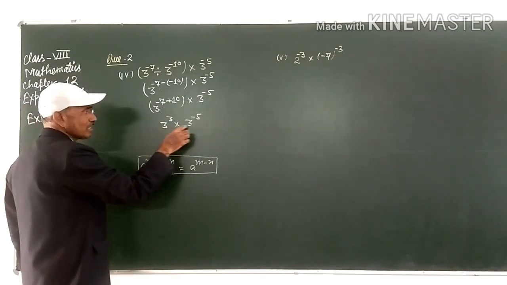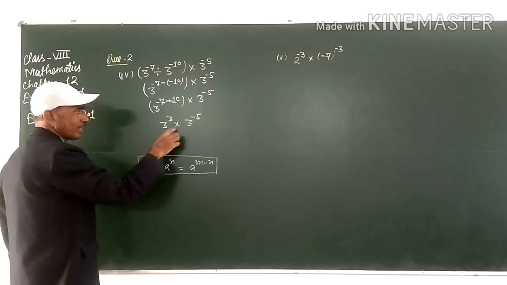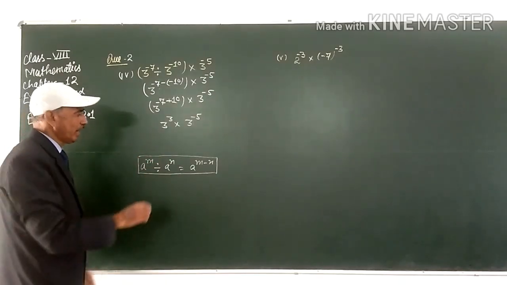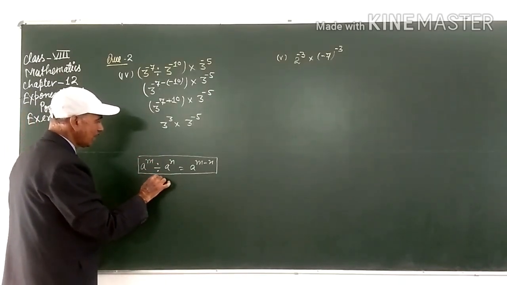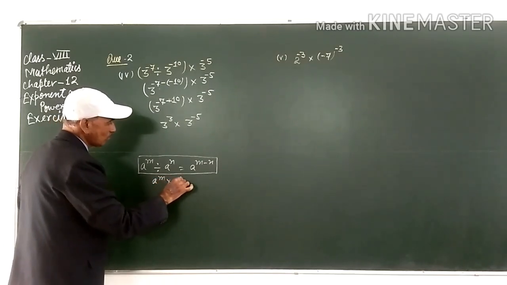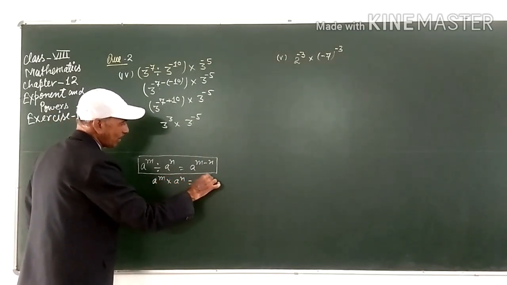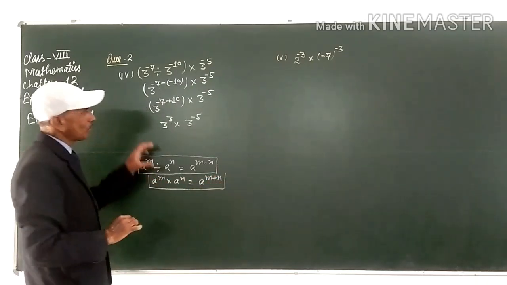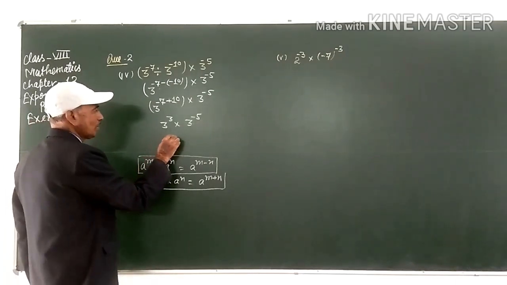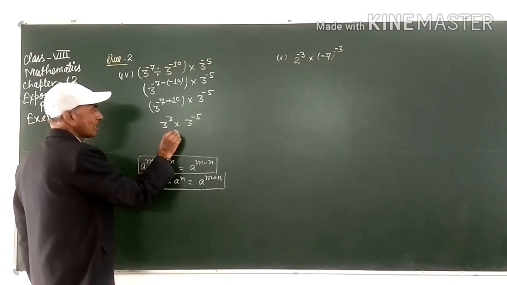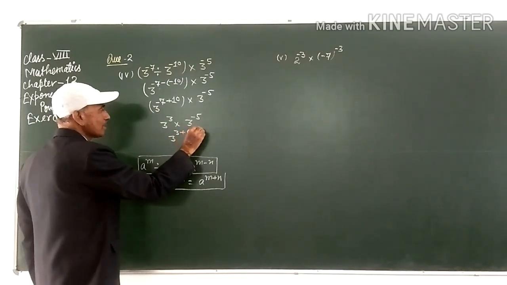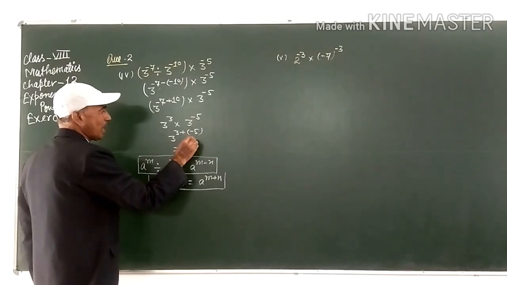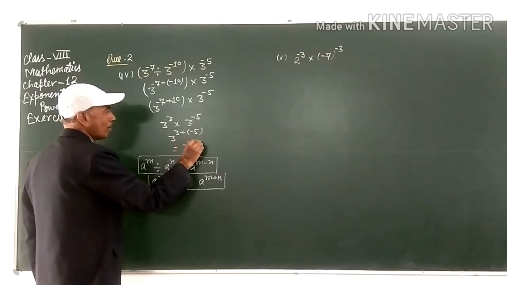Students, here base is equal and exponents are different and there is a sign of multiplication. So, we have to use another rule, and that is a to the power m into a to the power n, that is a to the power m plus n. It is a rule and we have to use this one. So, this one will be 3 raised to the power 3 plus minus 5, and it will be 3 raised to the power 3 minus 5,